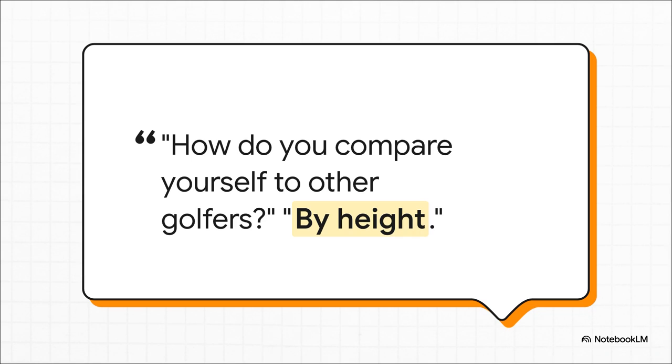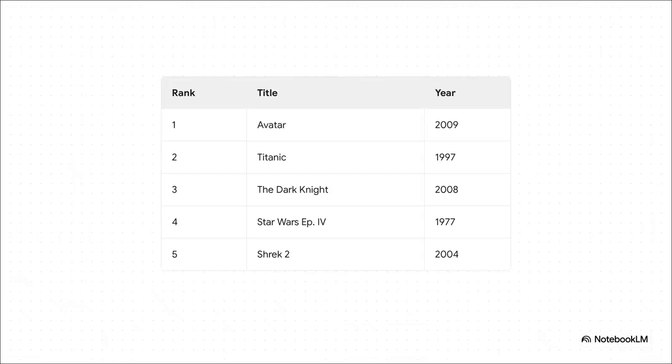But believe me, in the real world, these kinds of mismatched comparisons happen all the time, especially when there's money involved. For example, Hollywood just loves to release these lists of the highest-grossing films of all time. And if you look at a list like this one, you'd probably think that all the biggest blockbusters in history came out in just the last 20 years or so. You've got Avatar and Titanic up top. Even Shrek 2 is hanging out in the top 5.